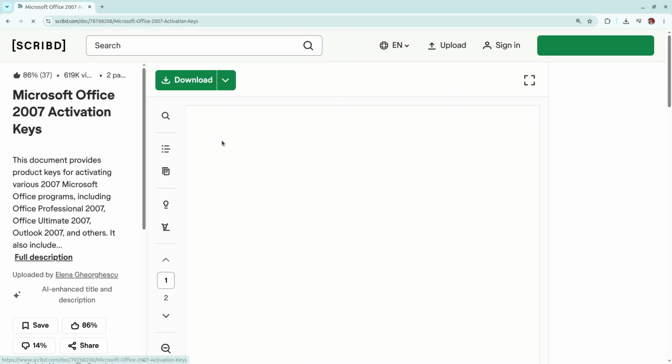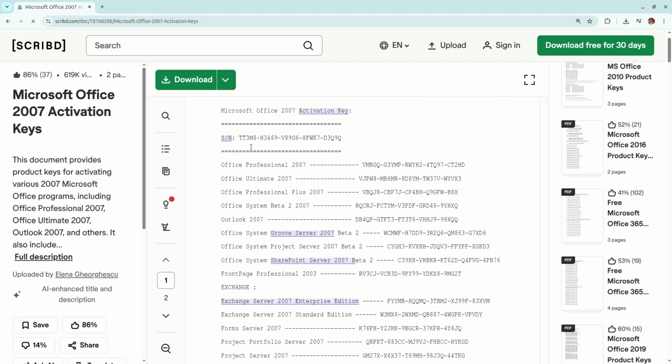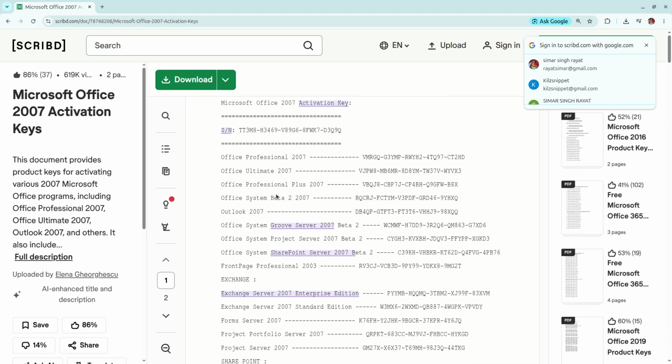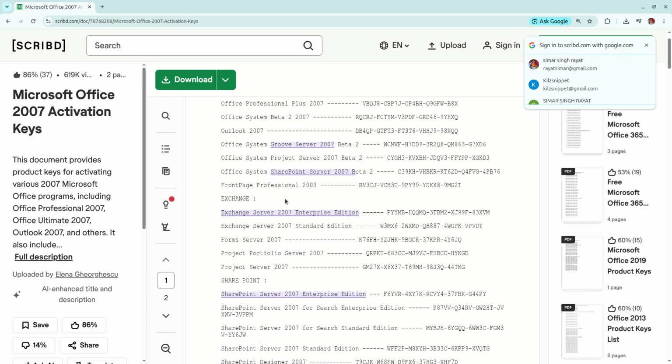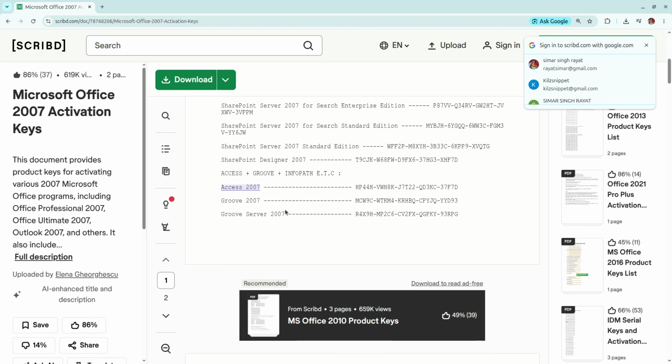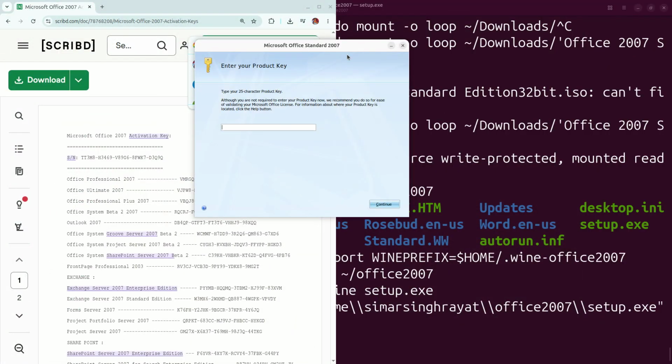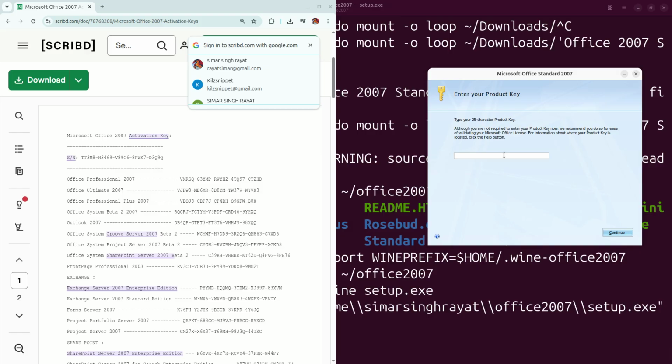Right, just click on this. You can use any of the activation keys. You can go with any of the keys, but I would suggest this particular one, so just go with this one. The very first one, just write